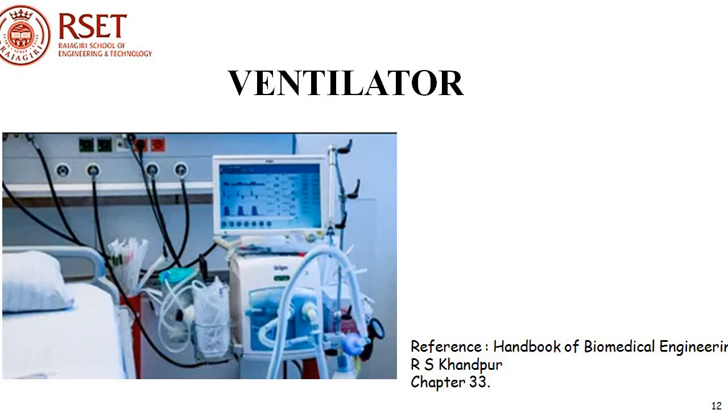The next therapeutic equipment we discuss is ventilator. Respiration is a process of supplying oxygen to and removing carbon dioxide from the tissues. These gases are carried in the blood, oxygen from the lungs to the tissues and carbon dioxide from the tissues to the lungs. The gas exchange in the lungs is called external respiration and that in the tissues is called internal respiration. There is a very delicate balance between the absorption and excretion of oxygen and carbon dioxide in the lungs and the tissues, and this balance is maintained by the respiratory or the breathing activity.